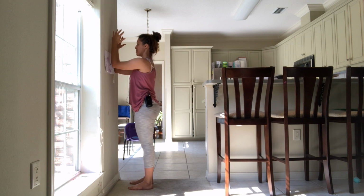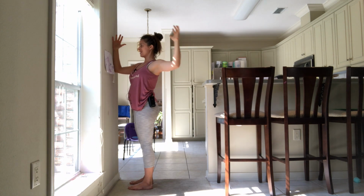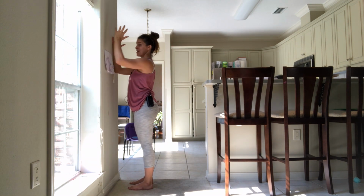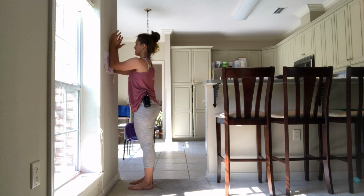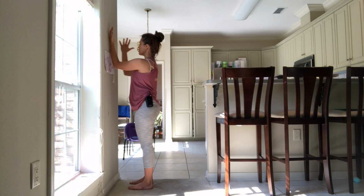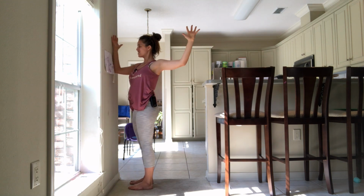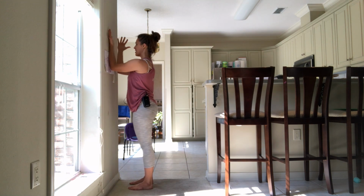So my torso, my body keeps facing the wall. The work is happening in my shoulder, my scapula in particular. And then you can also do the version where your palms are facing each other, facing your face. So you just go out and back in, and it just adds a little bit of rotation